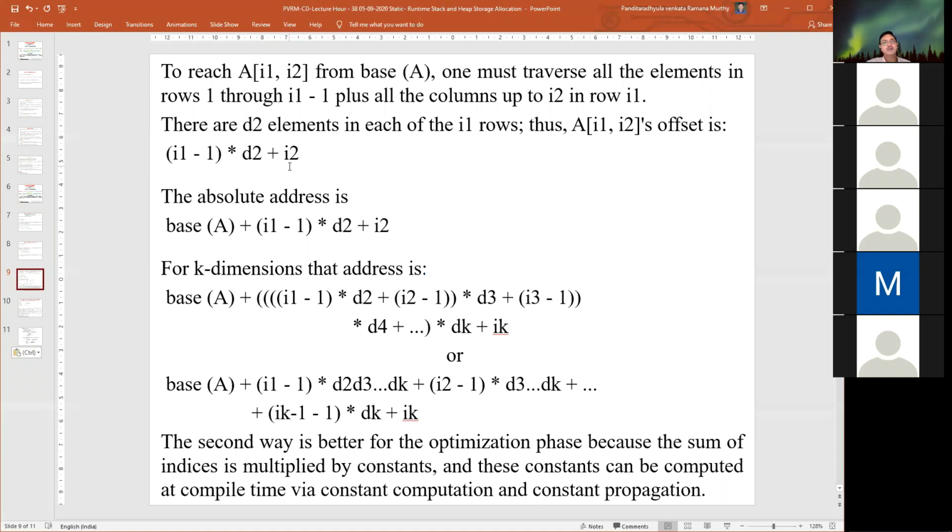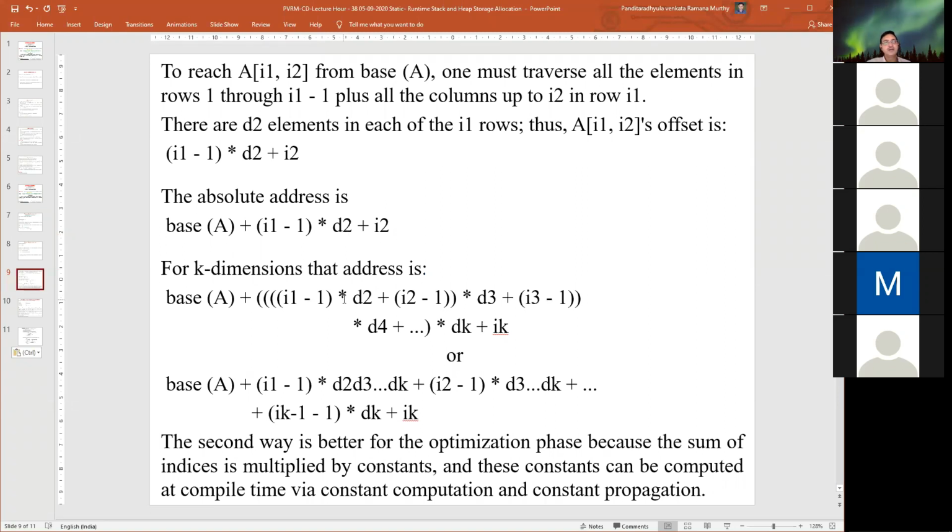Finally, this I2 element. So the absolute address is nothing but the base address plus the number of elements in each row, into whatever value we want, that number of rows into the dimension of each row, plus I2.